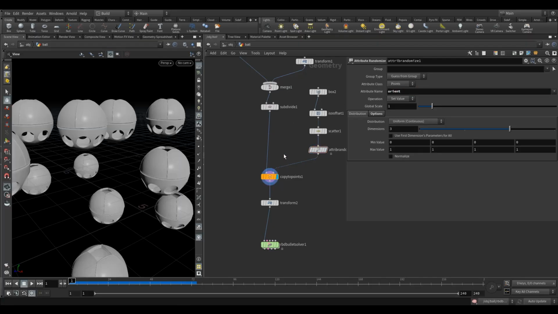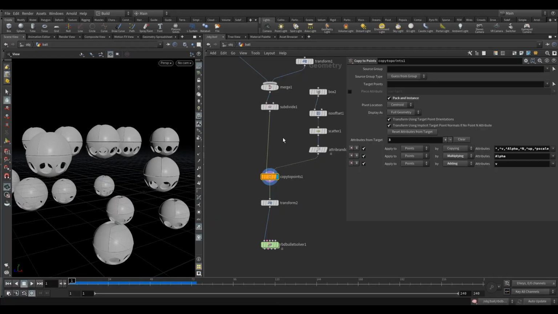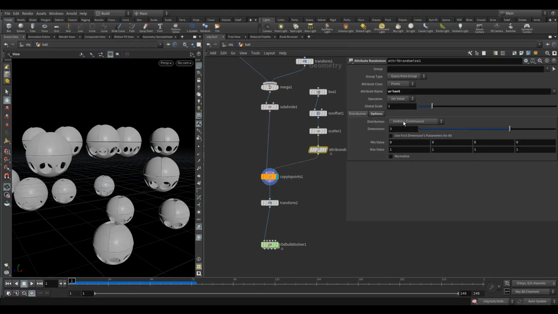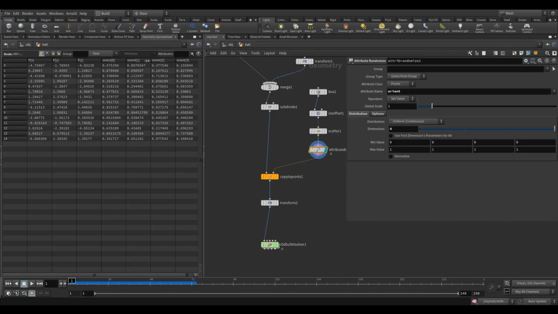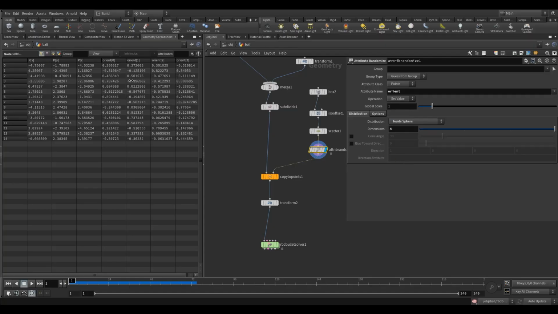Okay, so that will change the orientation of the points, but it's not working yet. We need to change this to, so we won't get into it too much, but orient is not a vector, it's a quaternion, so it needs 4 dimensions to the value. If we come to the geometry spreadsheet, onto the points, we can see we got this orient, and we got 4 different values as opposed to a standard vector 3, which has 3 float values. Here we got 4, and I'm going to change this to inside sphere, which will give me